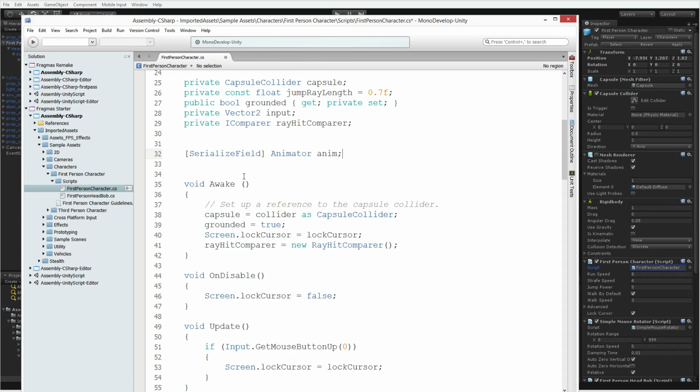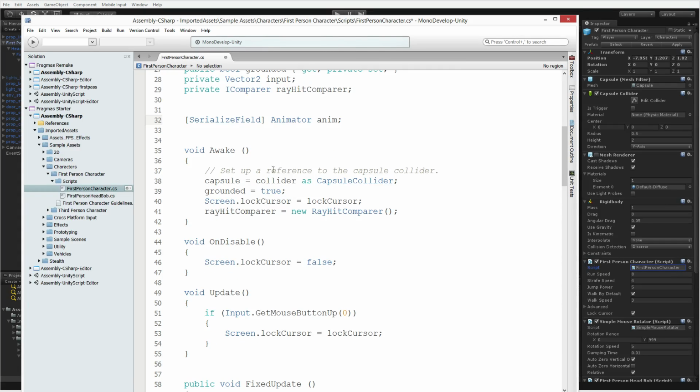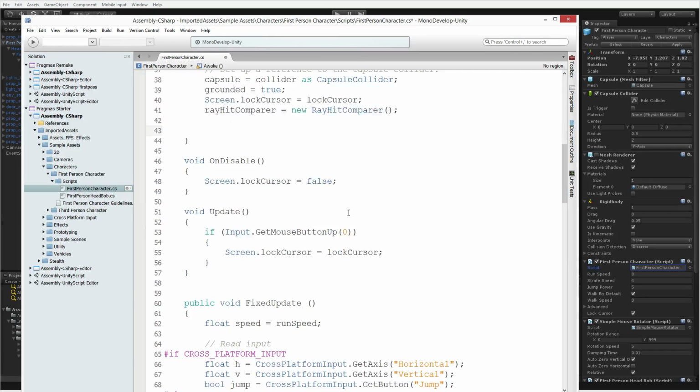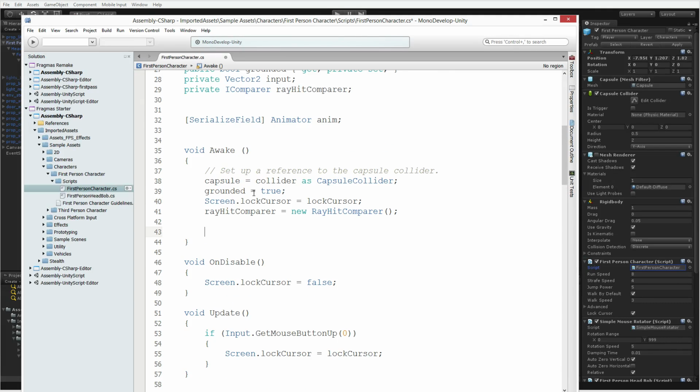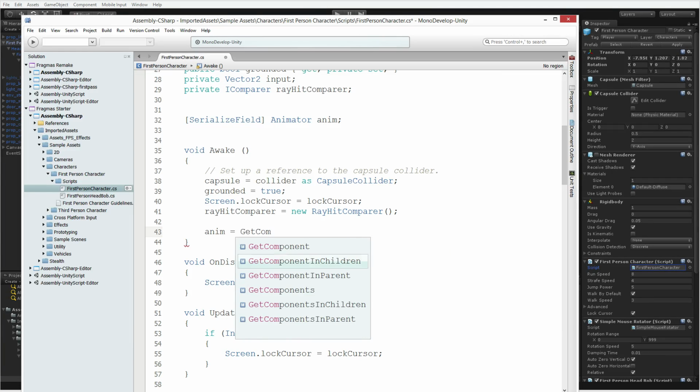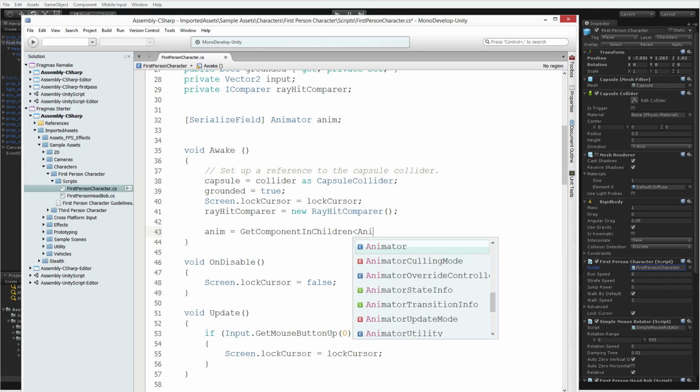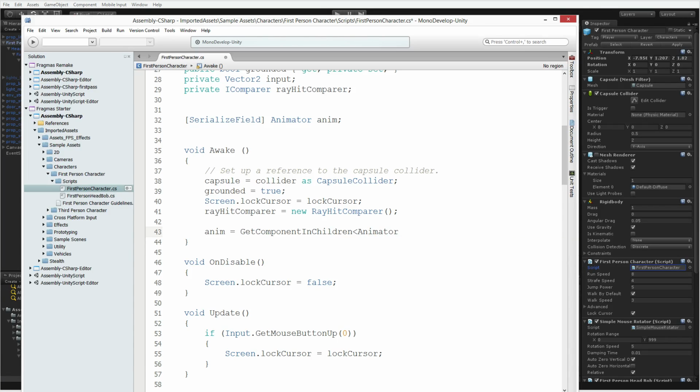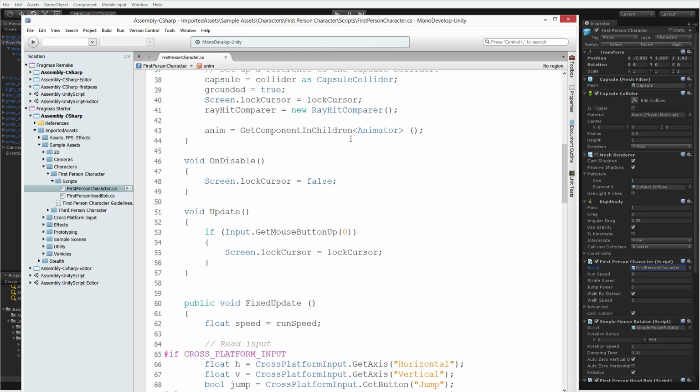Or you know what? Actually, let's not. If we had multiple animators in children objects, it might be difficult to manage, but we don't. So whatever. In the Awake function, I'll just go ahead and get it so we don't need to click and drag and create a dependency here. And so what I'm going to do is say anim equals GetComponentInChildren. Right, so it's going to look through all the child elements and find the animator, and we'll just go ahead and save it just like that. There we go, and I'll get rid of the serialized field. That way, it's just not cluttering up the editor there. That way, we don't forget to click and drag or anything weird like that.